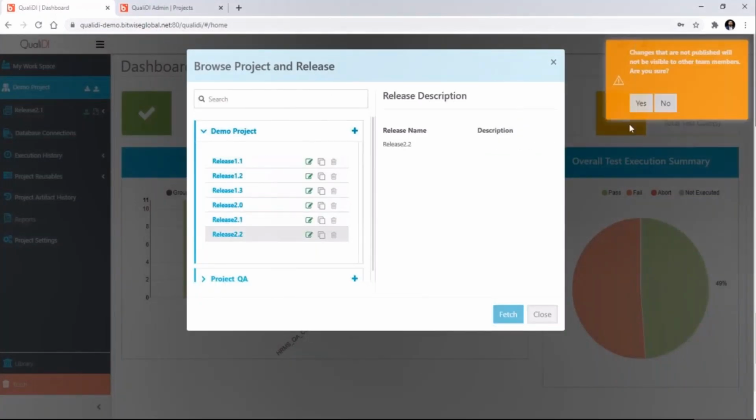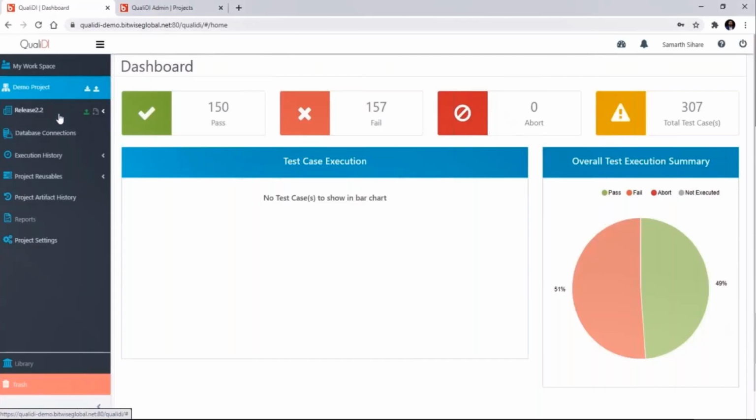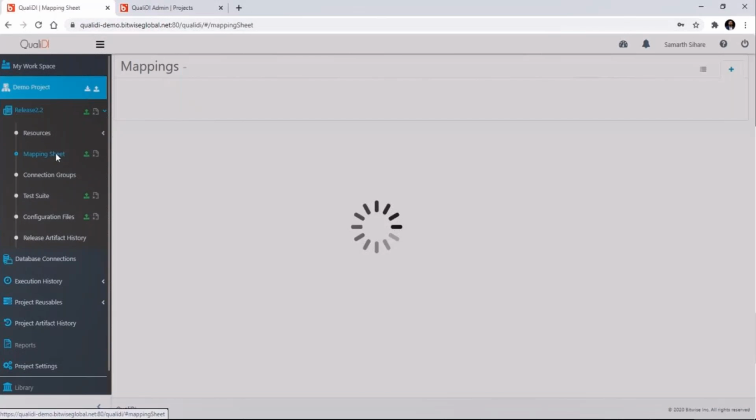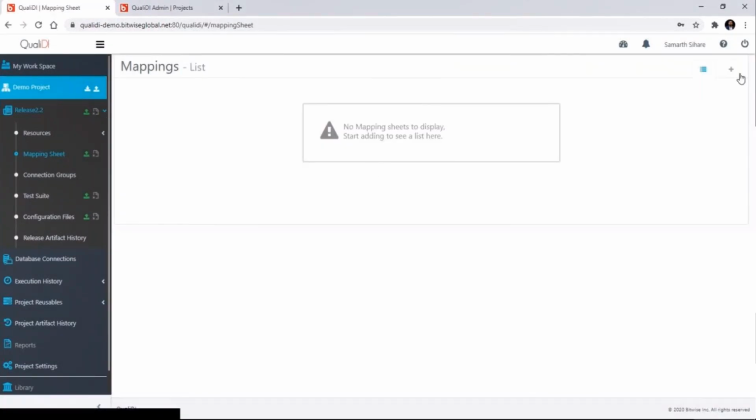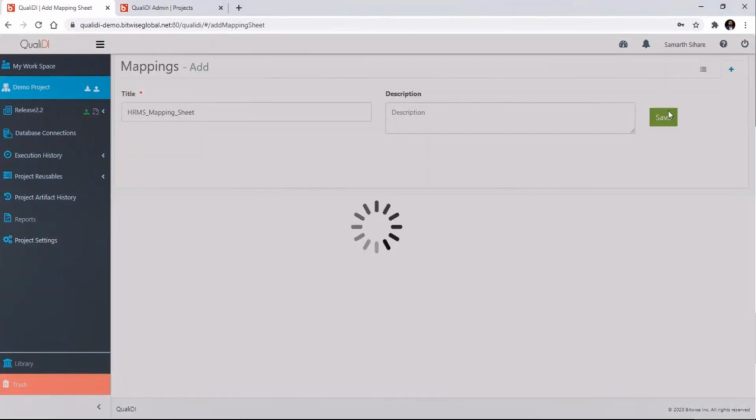The first thing that we will be doing is importing the mapping sheet, or rather the requirements from source to target, in QualiDI. So let me give it a title according to our use case. And there are really two different ways through which we can import the mapping.